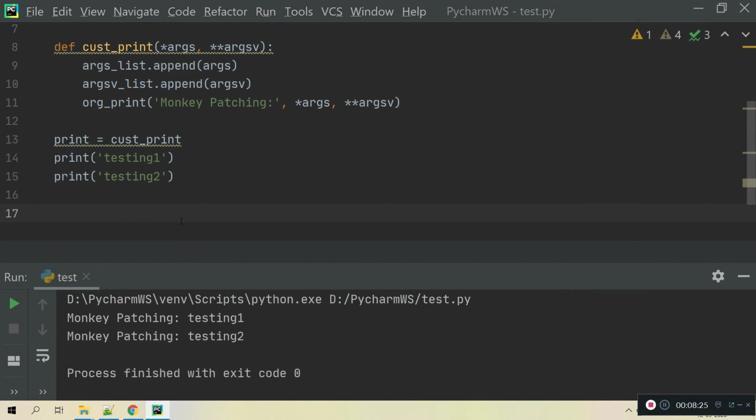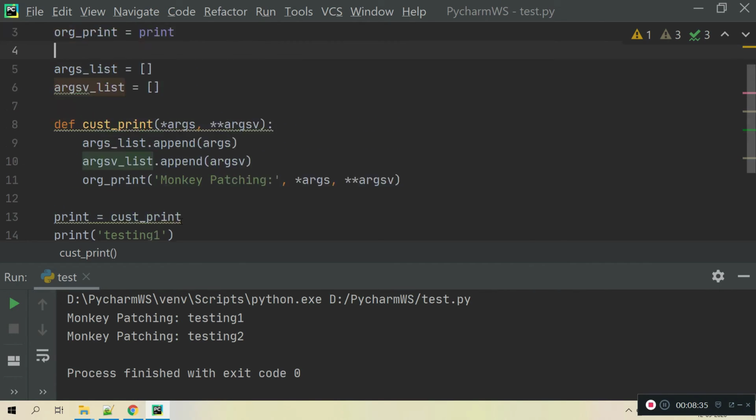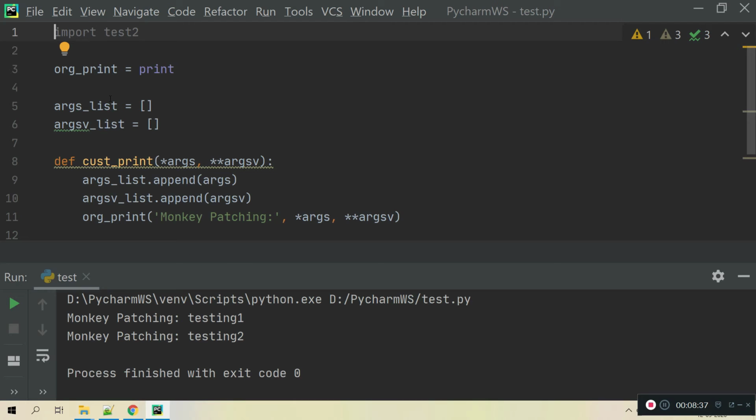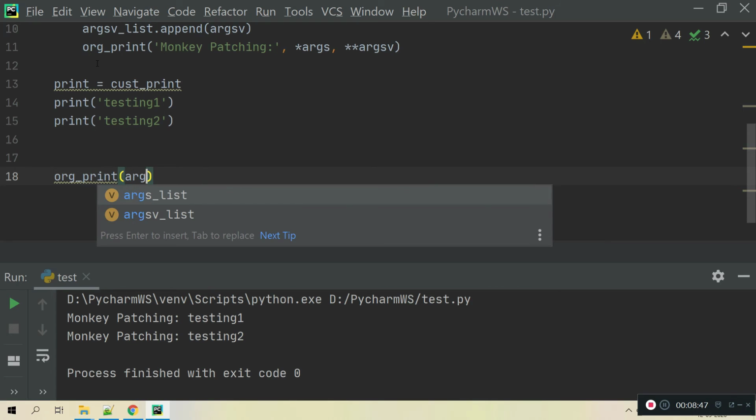For this print I cannot use this one. If I use this again, it will go to custom print and it will call this again. So instead of that, I will call my original print and print the arg list.